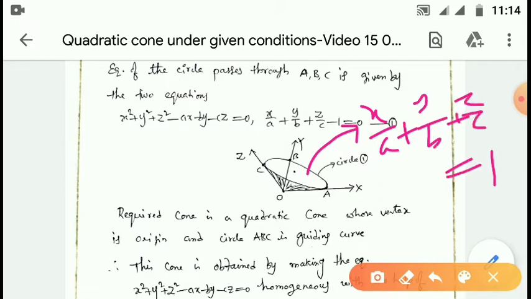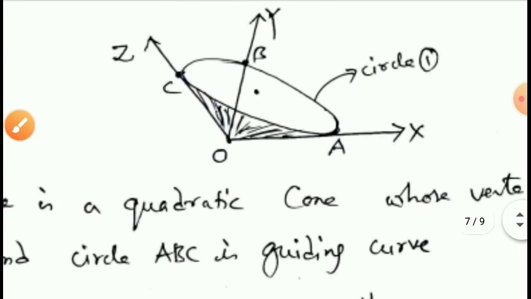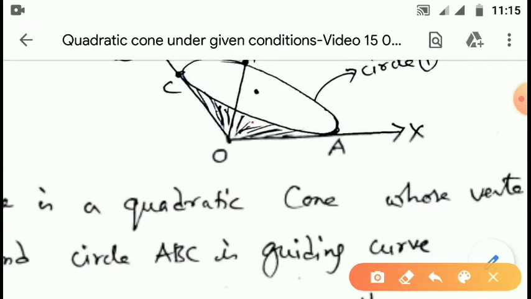This plane meets the x axis at A, the y axis at B and the z axis at C. Therefore, by taking any point, for example we take this point and join it, this is a generator of the cone. So by taking a point on the circle obtained by the intersection of this plane ABC with the sphere OABC,